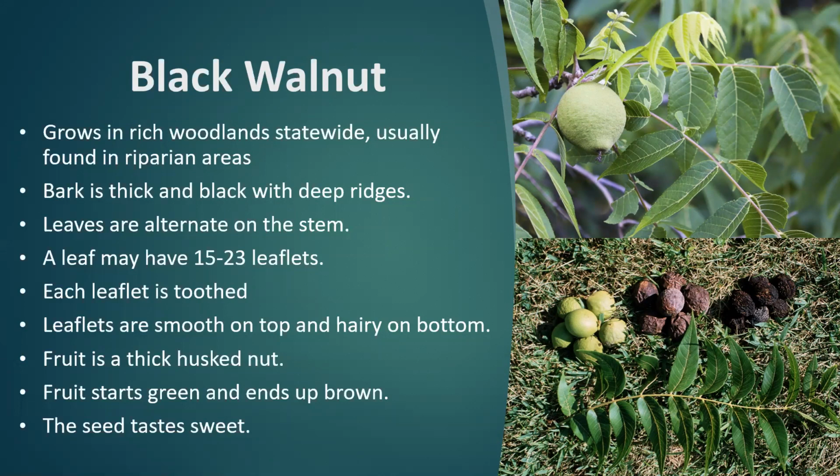But the black walnut is really interesting in that it's got a unique adaptation. What people call it is allelopathy. Essentially it's going to excrete different chemicals and toxins out of its root system into the soil that basically gives it an advantage over other plant communities. So typically, if there's a stand of black walnuts, unless it's been logged or selectively harvested 20 or 30 years ago, which is fairly common in Illinois,